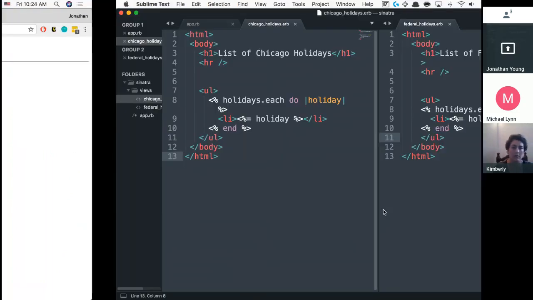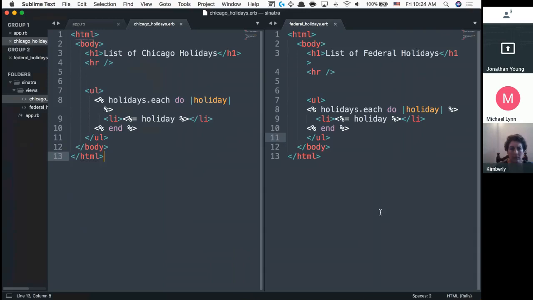What do you notice about the two things on the right and left? I'm repeating myself. What's the only thing that changes? What's that? The H1 tag. The H1 tag, yeah. This is the only thing that's different. So if I have code that's completely identical between line 7 and 11, maybe there's some spacing issues here and there, but overall the content is exactly the same, what we can do